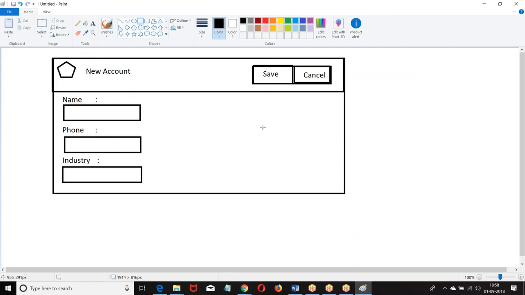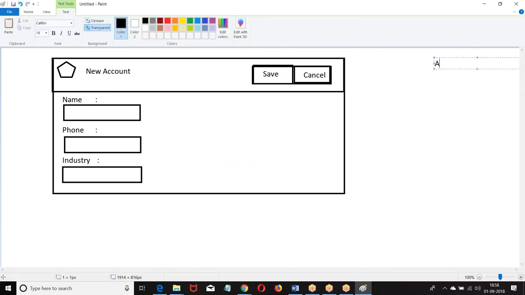This is the structure. What I want is, when I click on the new button on account, this page should open. Once I enter the data, I'll click on save. Once I click on save, it will go to the client side controller and invoke an Apex class. In the Apex class, I have a method called create. It is going to insert the record and return you the ID.